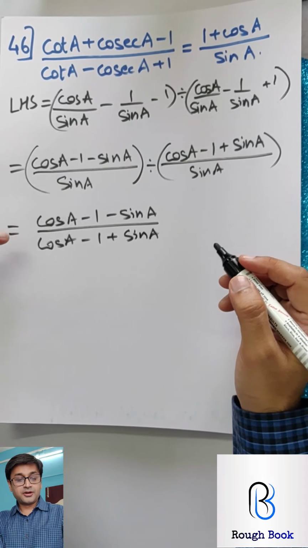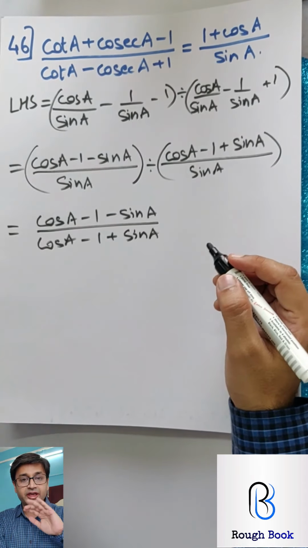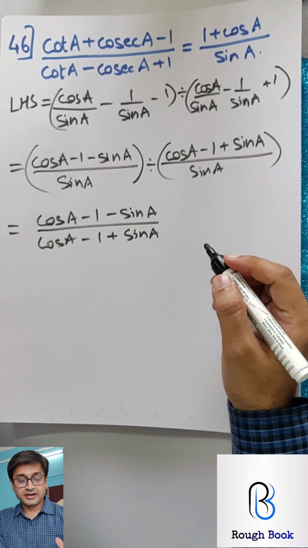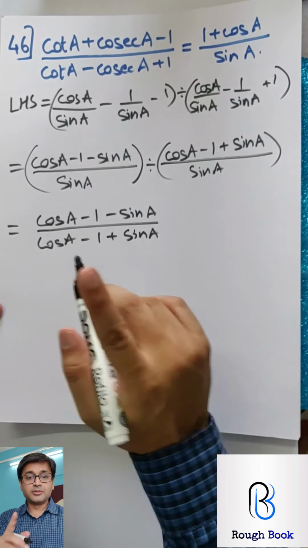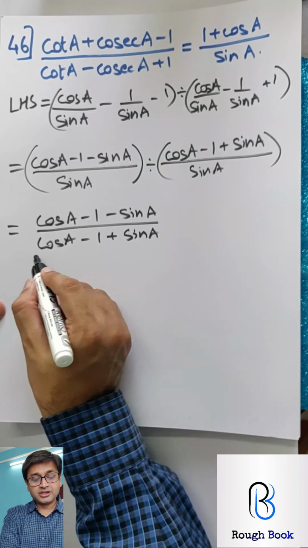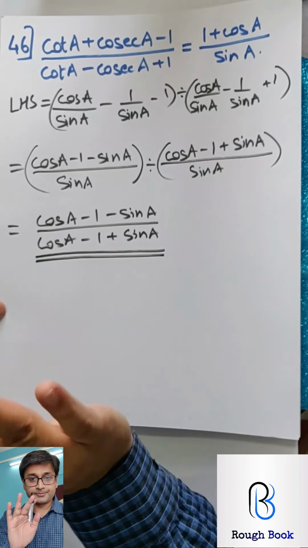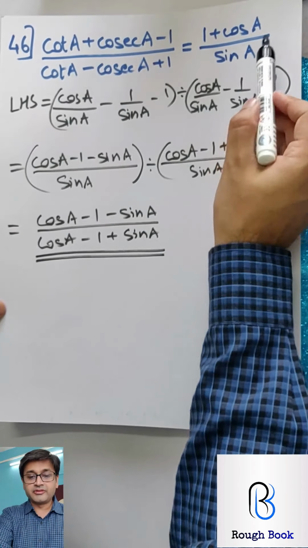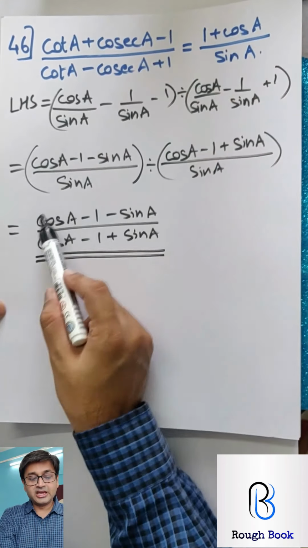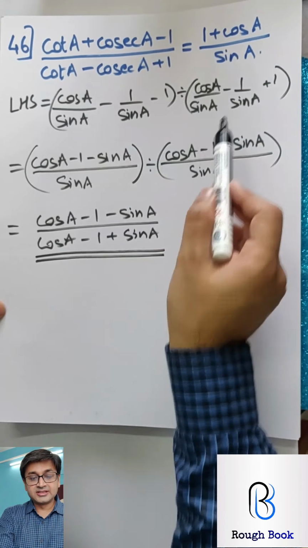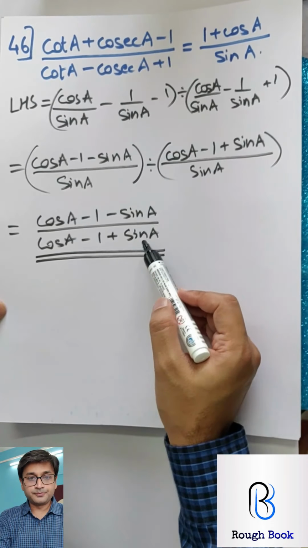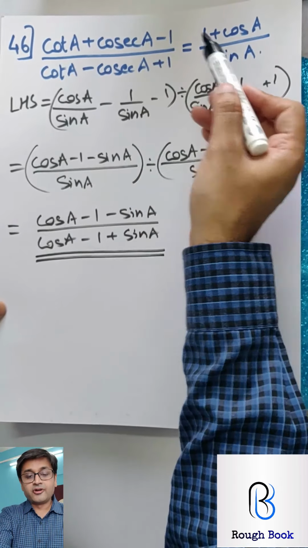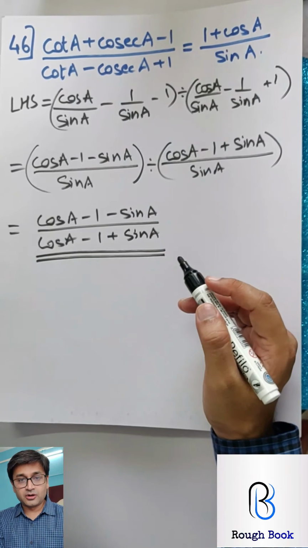So we reach here. Now from here to reach here is very difficult, so don't even try it. You have to take the conjugate and then multiply and lots of stuff. So I'm giving you a very simple method. Reach till here for LHS and stop. Now what we will try and do is prove that this is equal to this, and this is equal to this. Therefore both of them are equal. So 1 is equal to 2, 2 is equal to 3, therefore 1 is equal to 3, is the technique we are going to use.